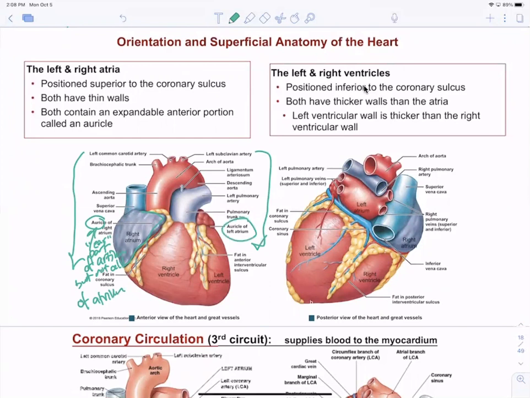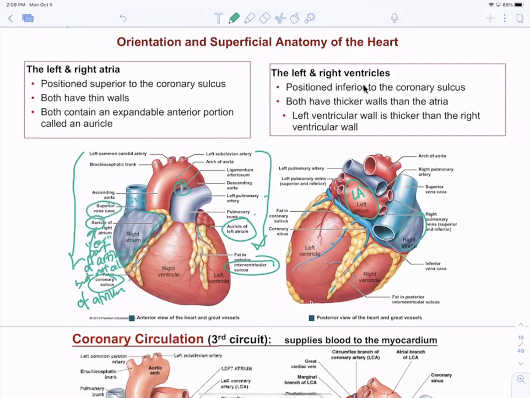So you can see this is left atrium, and still a lot of it that's not part of the auricle, and then this is the right that's not part of the auricle. You're going to see the brachiocephalic trunk, left common carotid, left subclavian, the arch. The ligamentum arteriosum is that ligament that connects the aortic arch to the pulmonary trunk. You have the pulmonary trunk, pulmonary arteries, and you have the interventricular sulcus, coronary sulcus, and yes, the superior vena